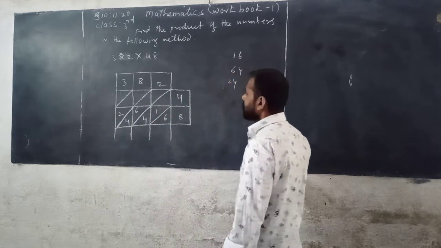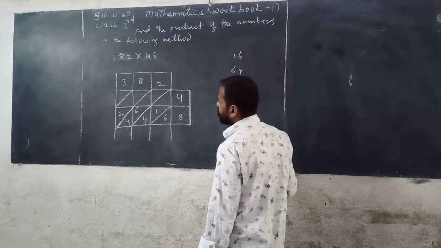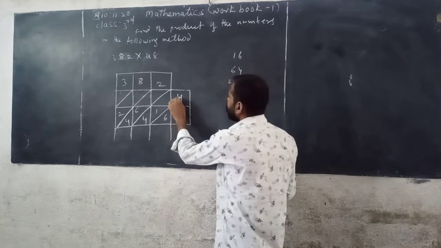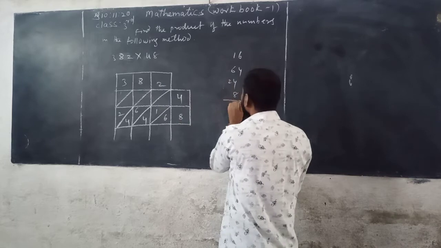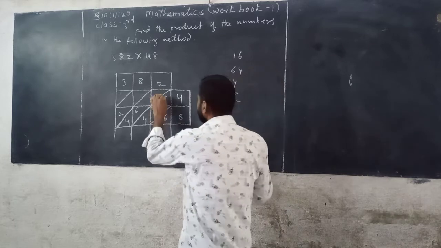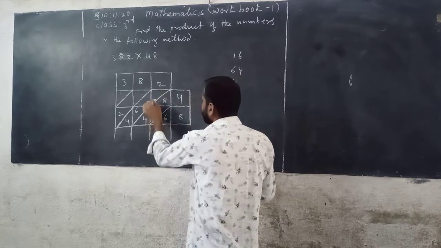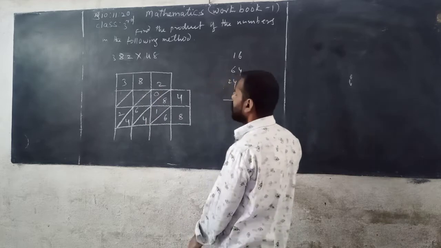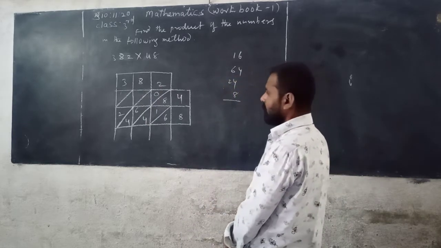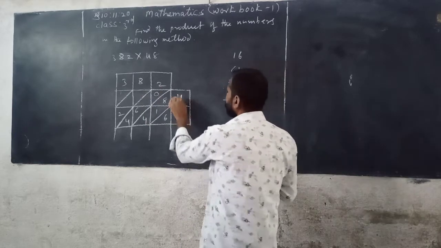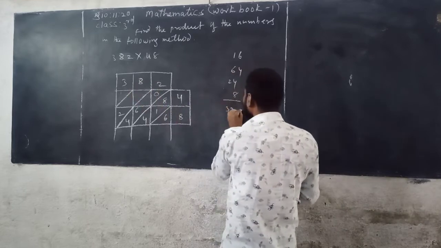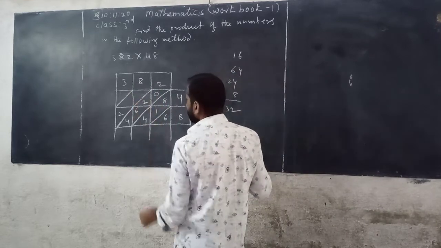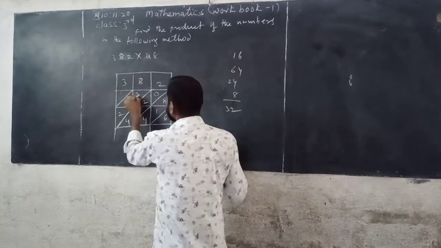Now next, 382 is multiplied with 4. 4 2s are 8. 8 is a 1-digit number, then you can write in this cell 8 below of the diagonal. There is no number, means you can write 0 above the diagonal. Then next, 4 8s are 32. In it 2 is taking here, and 3 is taking here.